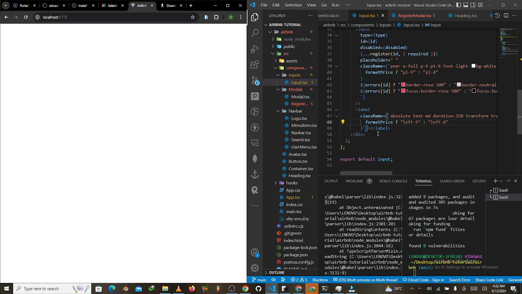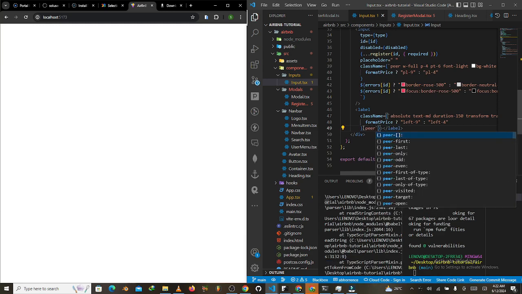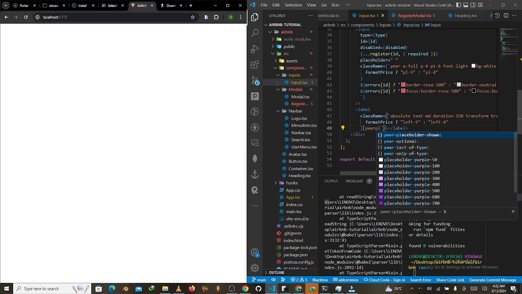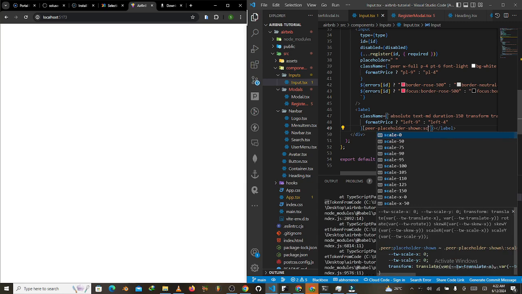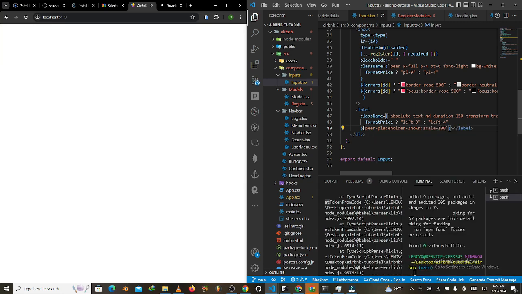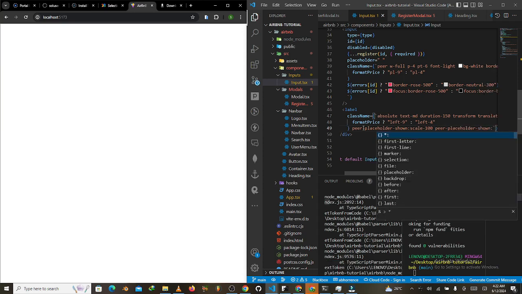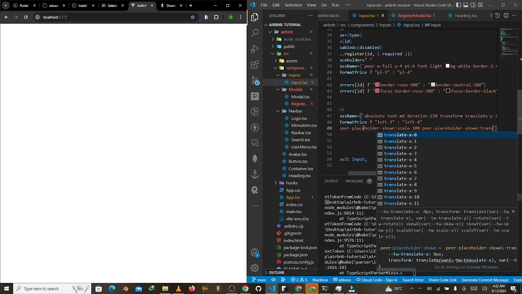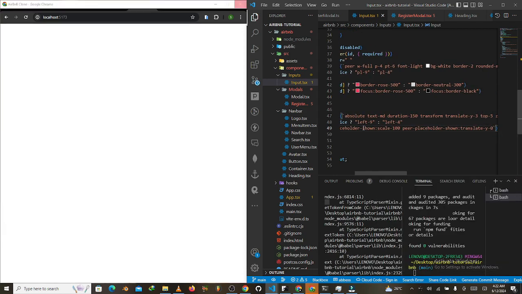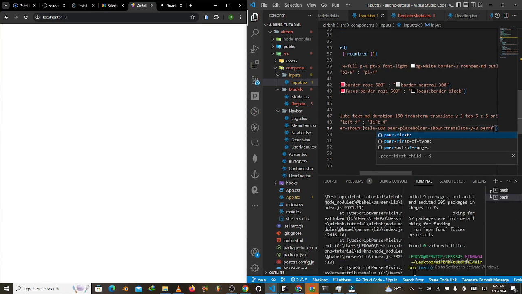Then down here we would have what? Peer placeholder shown, and then we are going to scale to 100, right? And then we are going to say peer placeholder shown again. I'm going to translate that to y0, and then we are going to say peer focus above, or peer focus, basically